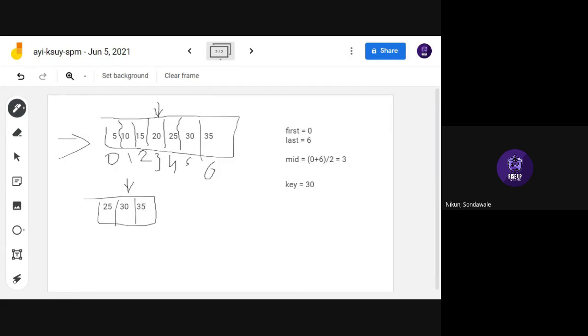Now begin the main program. First of all, we initialize the first point: first equal to 0, the zero index number. We'll start with the zero index number.